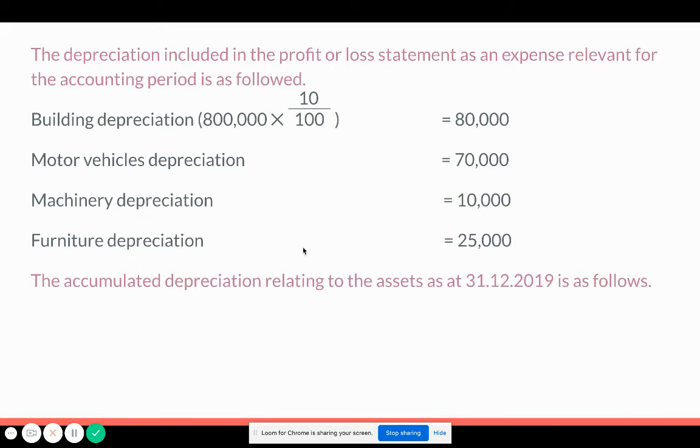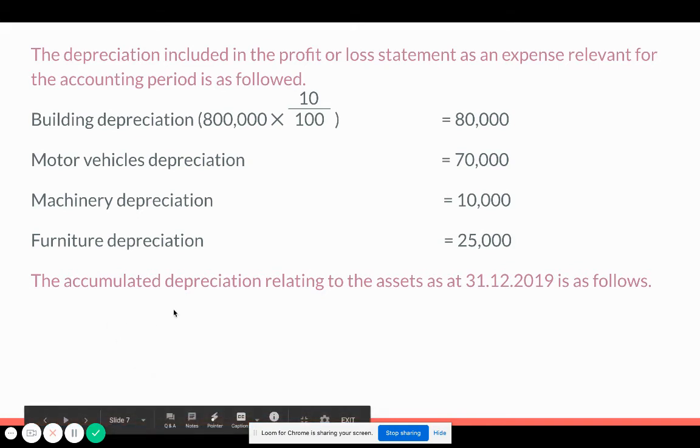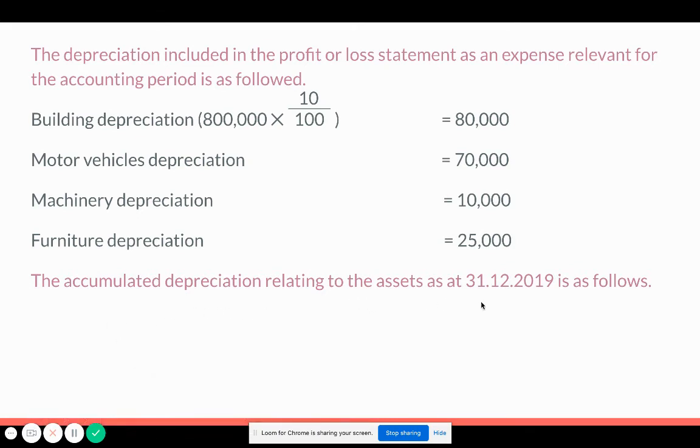Furniture at cost, 10% will give you 25,000. So like that, these are the relevant depreciation amounts or the values for the current accounting period. So then the accumulated depreciation relating to the assets as at 31st December 2019